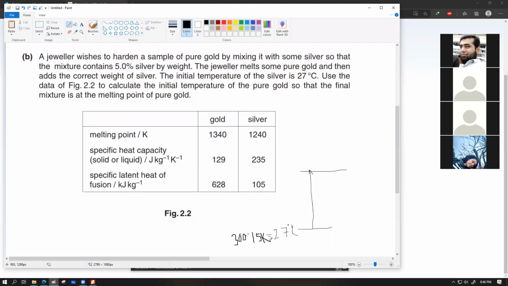That's perfectly good. So let's say this is the Kelvin temperature for the starting temperature of the silver in solid state. Its temperature should increase up to 1240 Kelvin. Why up to 1240 Kelvin? Because at 1240 Kelvin, it is going to start to melt. I'm showing this melting process by a horizontal arrow because the temperature is not going to increase. From this point, the silver's temperature should increase a bit further to reach 1340 Kelvin. This is supposed to be the final mixed temperature of the total mixture.